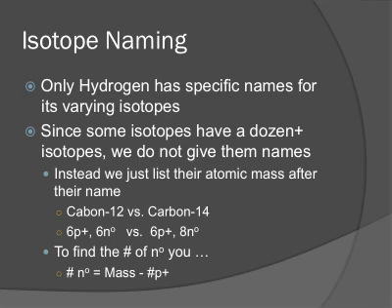If each one has 3 isotopes, that's a whole lot of names for everybody to try to remember, correct? So instead of naming different isotopes, they just came up with a different way to write it. All we have to do is write their name and list their atomic mass after their name. So if we look at the first bullet point, we see carbon-12. I'm talking about carbon with a mass number of 12,